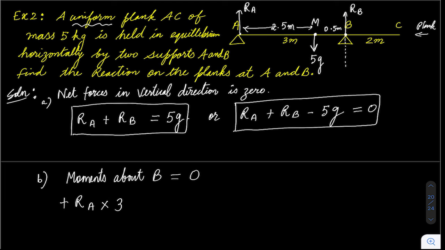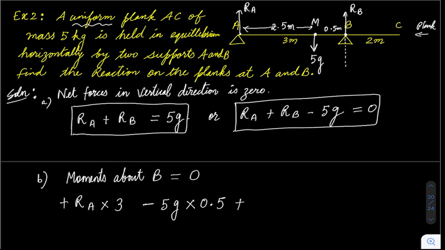So this will be positive. Next we will take moment of the mass, that is 5g. So moment of 5g will be 5g times the distance. Perpendicular distance is 0.5. Now let's see the direction. This is my force and this is my point. So it will try to turn it like this. So from the force, try to go to reach the point. So it is like this. And what is this direction? This direction is nothing but anti-clockwise. So anti-clockwise means this should be negative.